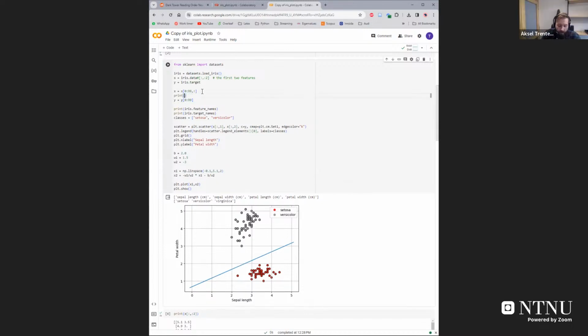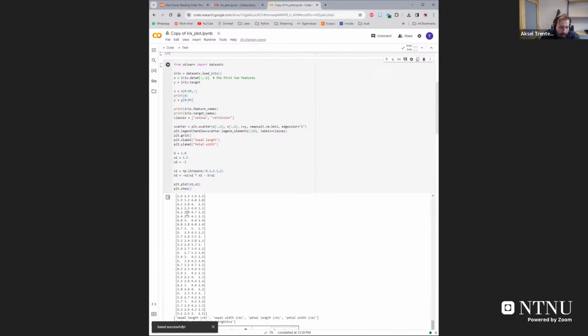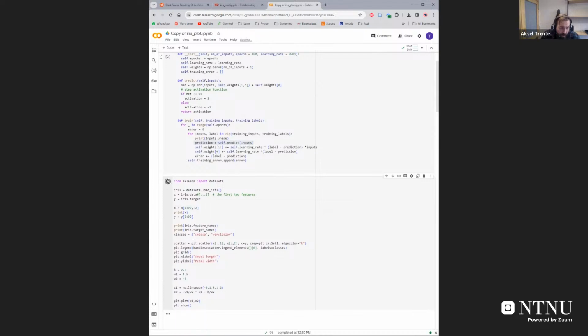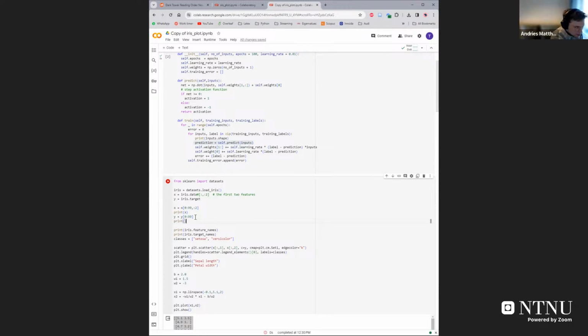Different print X. Yeah, of course we are redefining. I think that might be it. And we're just gonna have the first two ones, like that. This is the correct one, right? Mm-hmm. Yeah. And how about Y? Might not be the case actually,